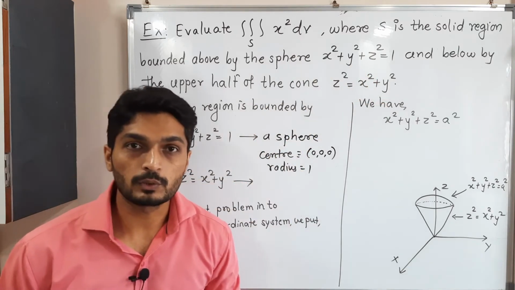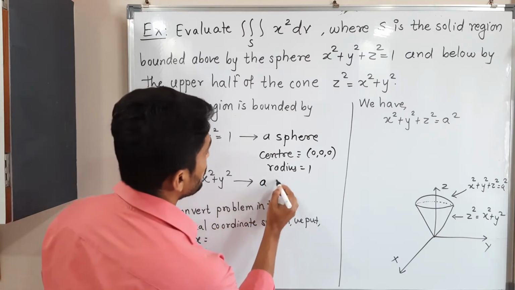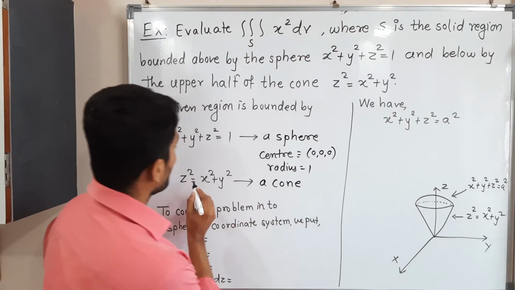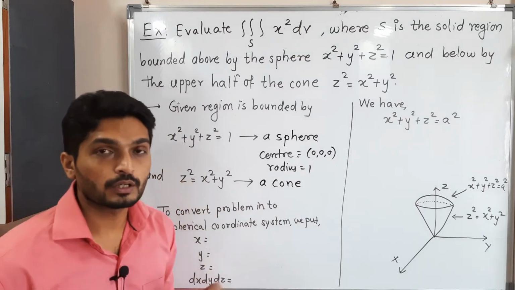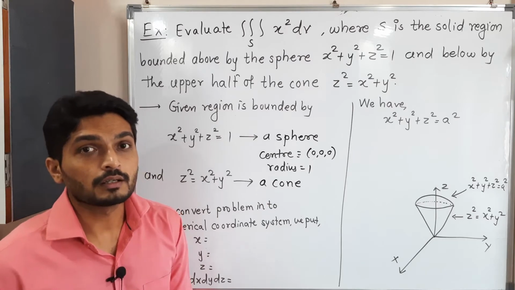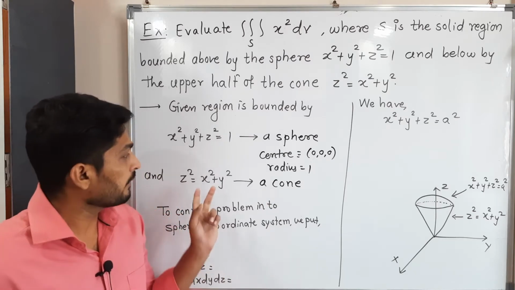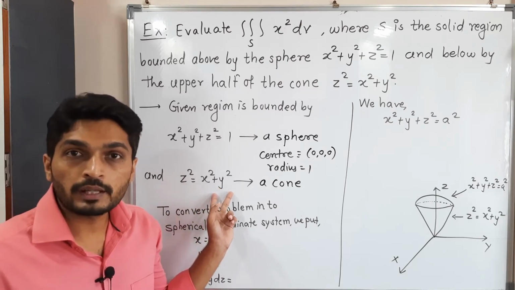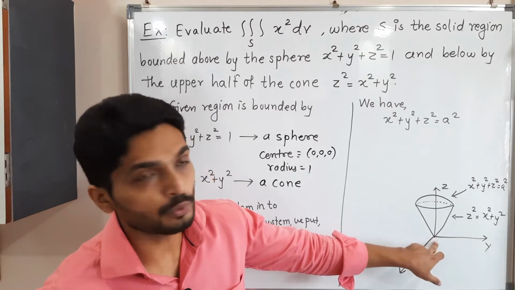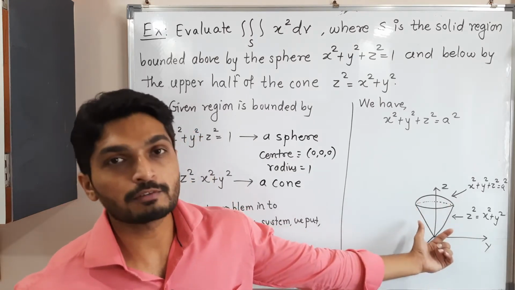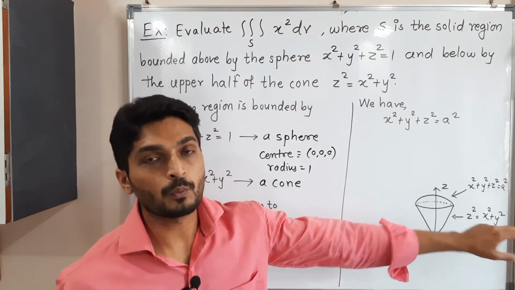z square is equal to x square plus y square. So this is a cone. I will simply mention a cone. See, on z square we have on the other side of equal to. That's why this cone is symmetric about the z axis. If I put x and y 0, what will I have? z is also equal to 0. That means this cone passes through the origin. So we have this cone I have shown here, z square is equal to x square plus y square.